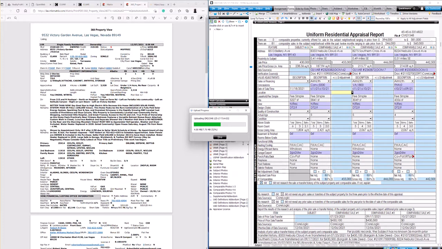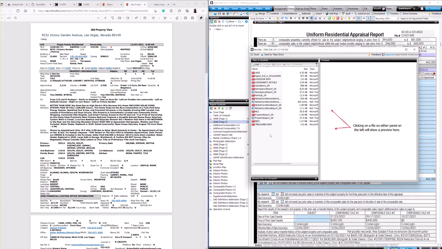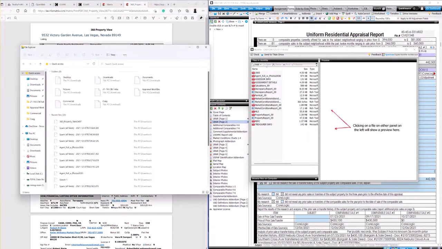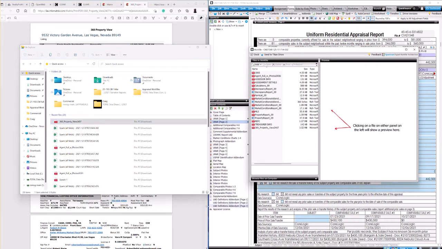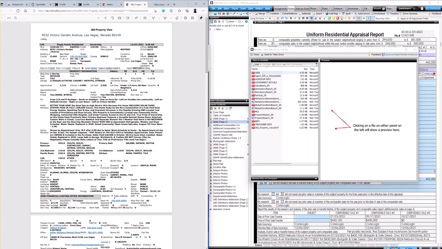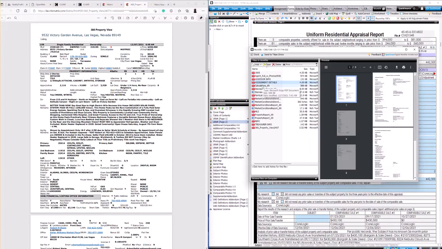So it's now uploading this with my entire work file to the cloud. I will point out what's in my work file, all of the information that's being uploaded. Oh, and I forgot to get this most recent comp put in here, so I just dropped that in the file. So I've got my engagement information, assessor information, assignment details,